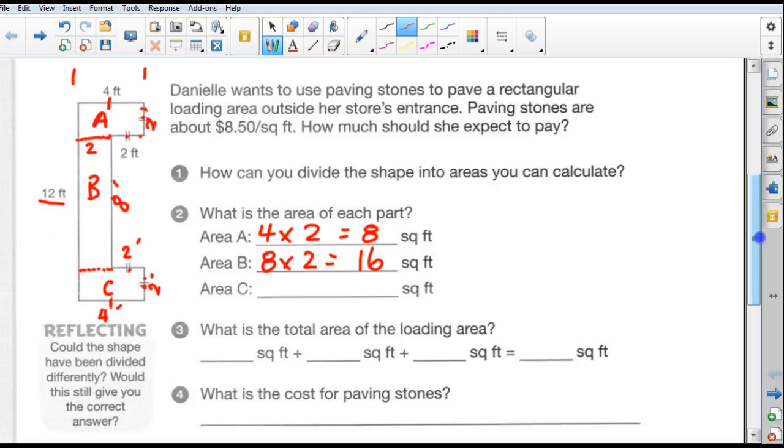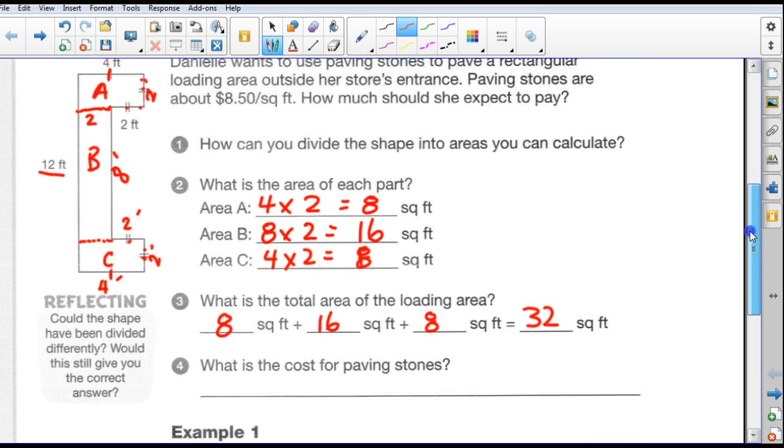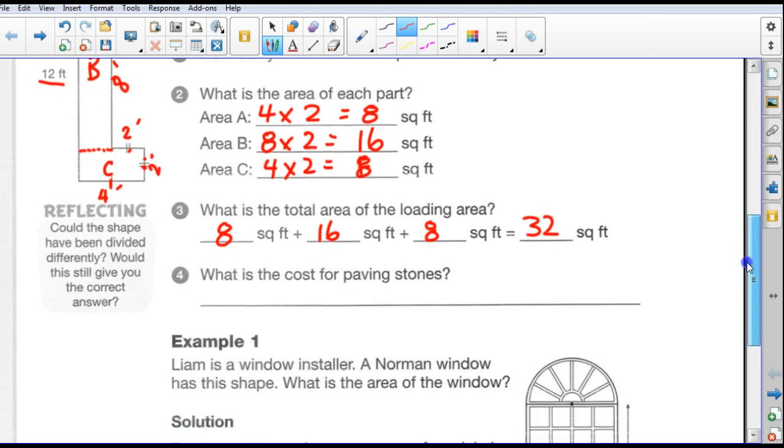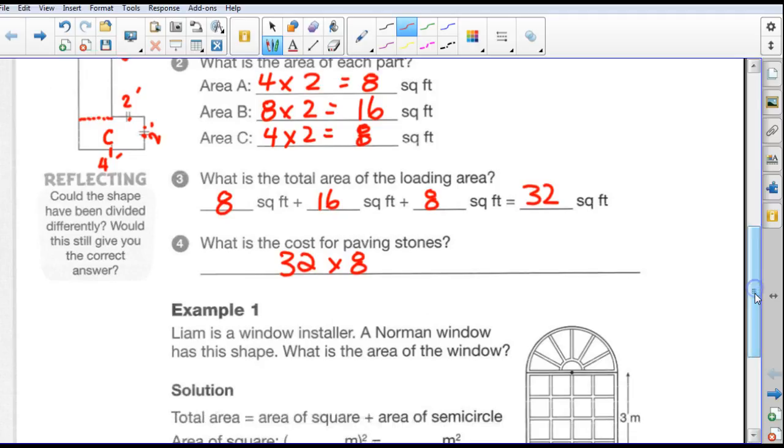And then area C is the same as area A. It's just 4 times 2, which is equal to 8 square feet. So what is the total area of the loading area? Well, it's just 8 plus 16 plus 8, which is equal to 32 square feet. So what is the cost for paving stones? Well, it says it's $8.50 per square foot, and I have 32 square feet. So it's just 32 square feet times $8.50 per square foot,